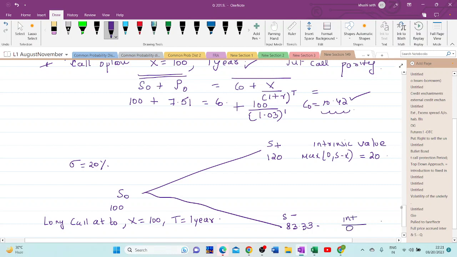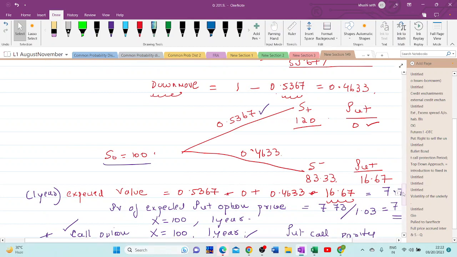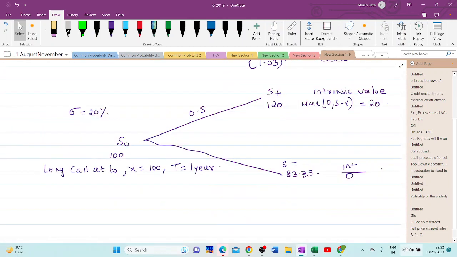Now we already know the risk neutral probability of an up move and down move, which was कितना था, एक बार बोलना, 0.53, कितना था, कितना था एक बार बोलना, 0.53 कोई लिख रहा था क्या, बोलो तो, स्क्रॉल नहीं होगा। क्या सर? वो रिस्क न्यूट्रल प्रोबेबिलिटी ऑफ अप मूव डाउन मूव कितना था, एक सेकंड। आ गया 0.5367 और 46.33, 5367 और